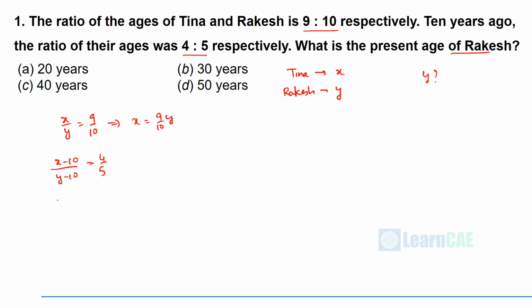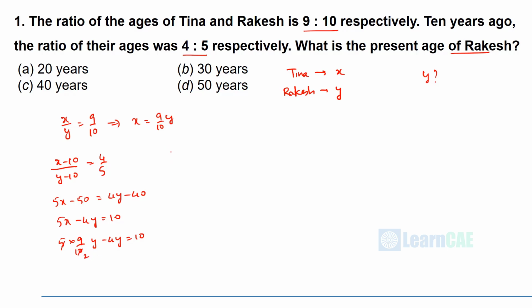Now we shall rearrange. 5X minus 50 is equal to 4Y minus 40. Therefore 5X minus 4Y is equal to 50 minus 40, 10. In place of X, we shall write 9 by 10 Y. 5 into 9 by 10 Y minus 4Y is equal to 10. So this will be